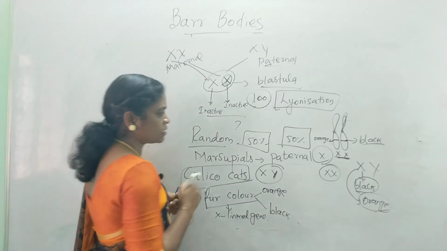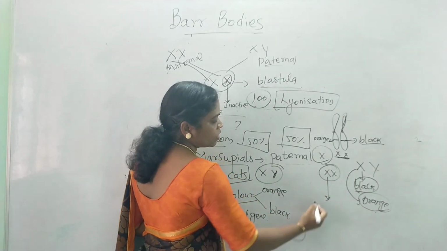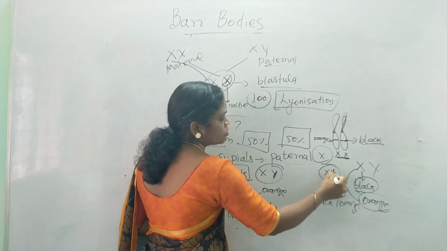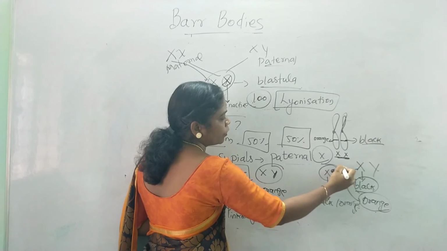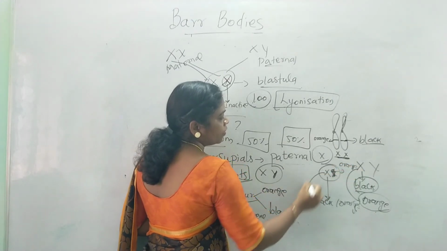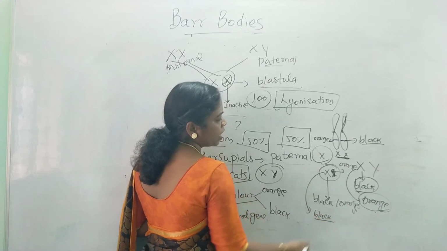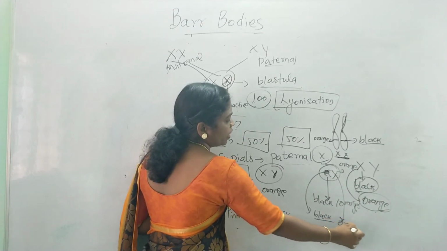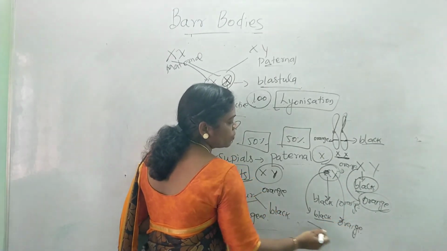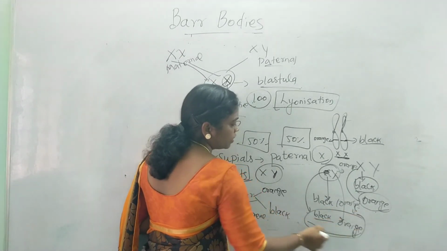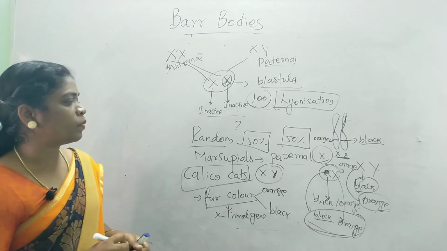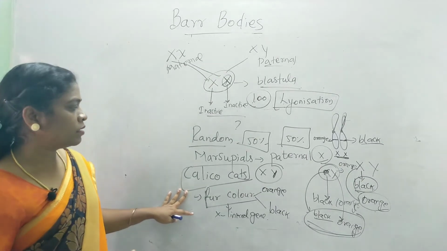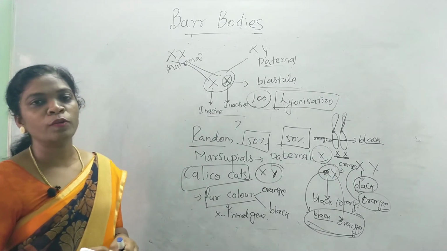But what happens in the case of a female in the heterozygous condition? She will have both black and orange color. If one of the X chromosomes gets inactivated, imagine the one that produces orange fur color, the female will have black fur. Suppose the other X chromosome gets inactivated, the one that gives rise to black, then she shows orange. So that is why you can observe black and orange color in the fur of a heterozygous female. Okay, so this is the best example to explain X chromosome inactivation in the calico cat. There are a number of examples, but this example is enough to learn about X chromosome inactivation.